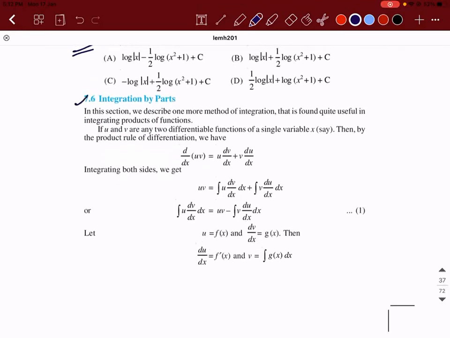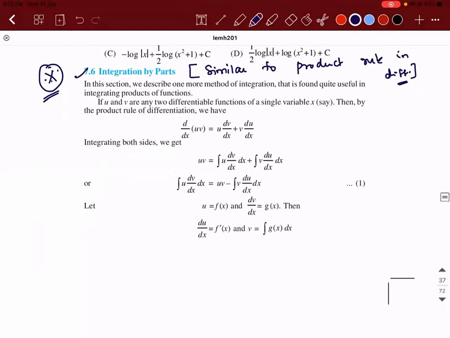Now I'm going to the next very, very important part, that is integration by parts. So this integration by parts is something similar to product rule in differentiation. Okay. So listen to this. In this section, we'll be describing one more method of integration. Till now, what are all the methods that we have seen? First, we did using the guess. The first exercise, we found the antiderivative by assuming certain functions and then solving it. From the second exercise onwards, we got a clarity of directly solving.